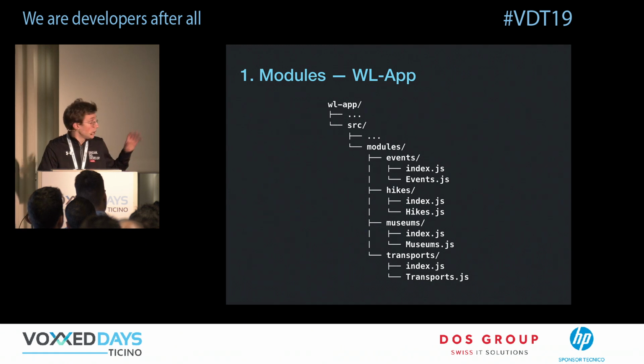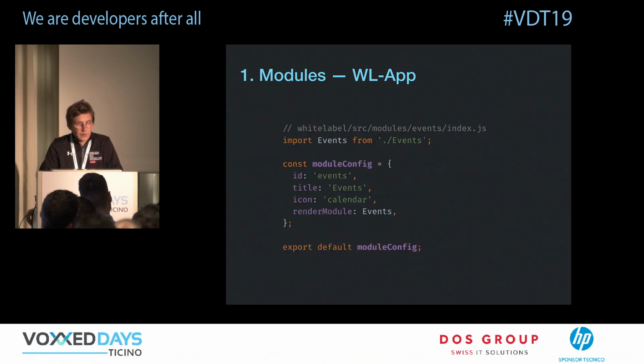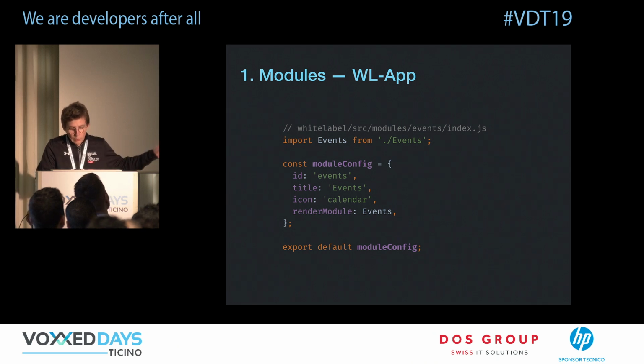So one index.js file, we are gonna see it in detail in 1 second, and a component that will be rendered. I'm not going into the detail of the component, but I'm going to describe how the modules actually is implemented. And one module looks like this. If we take the example of the events, in our case, we import the main component, and then we define